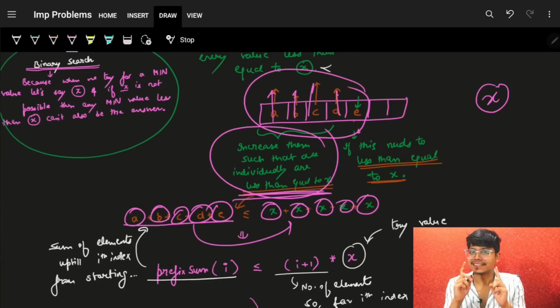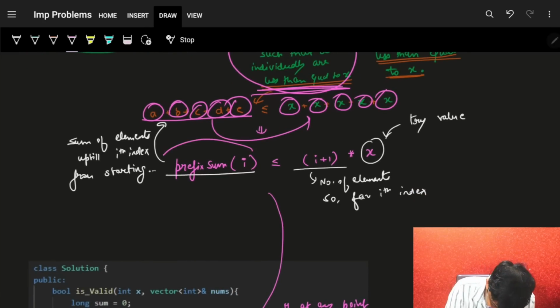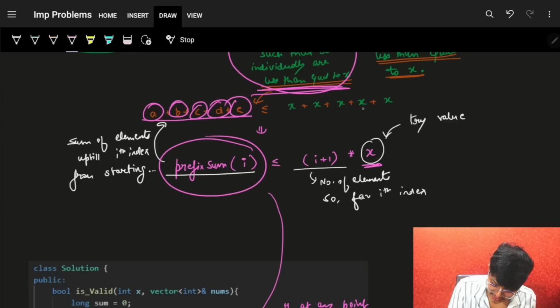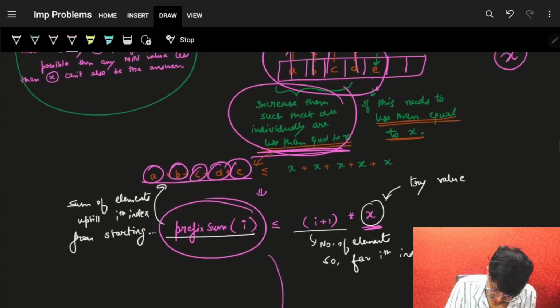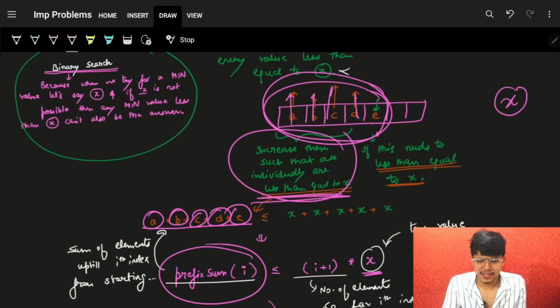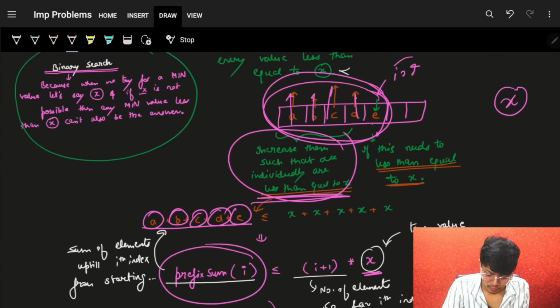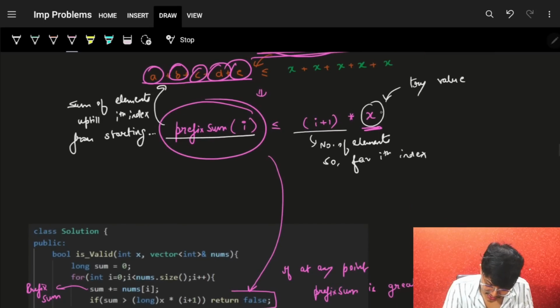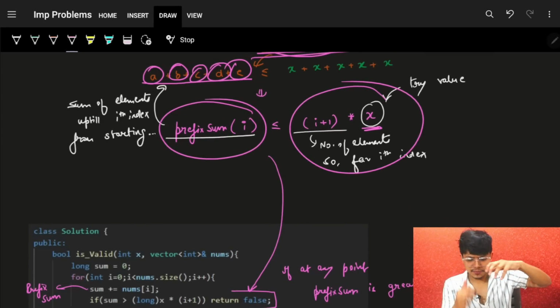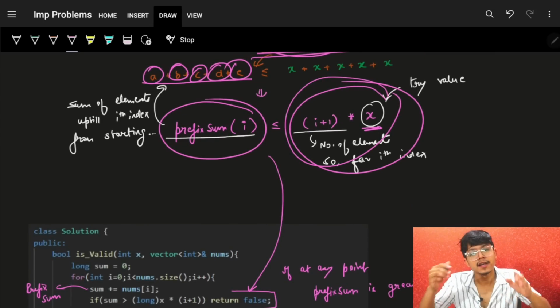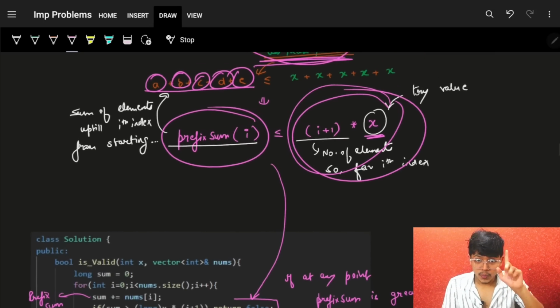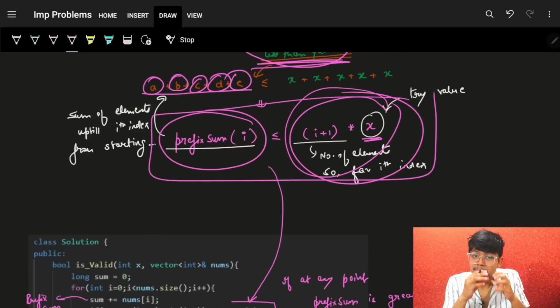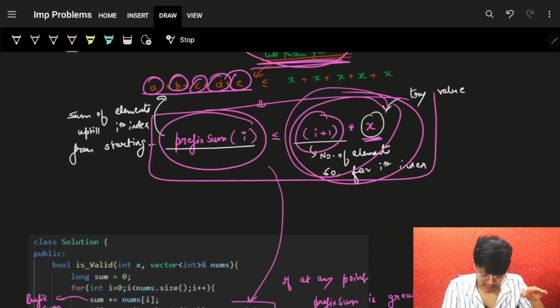That was such an amazing thing, that our prefix sum should be X into the number of elements, because it's just repeating X, right? And X is repeating how many times? We have 5 elements, which means at index I equal to 4, I have 5 elements. So it is just I plus 1 into X, which means X plus X plus X, 5 times. This is such a great condition: my prefix sum should be less than or equal to I plus 1